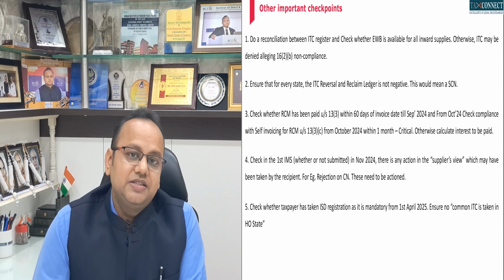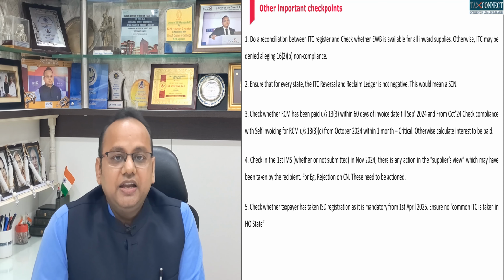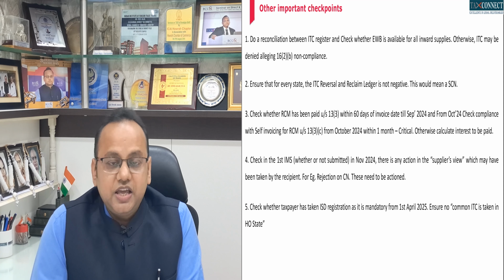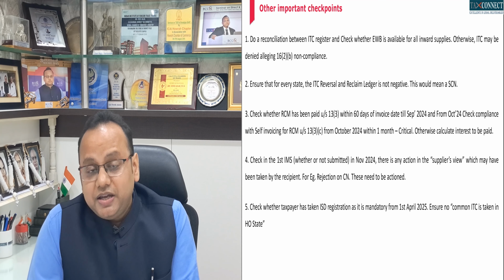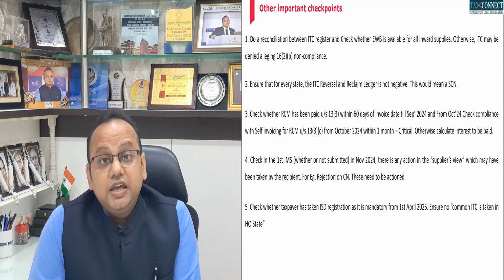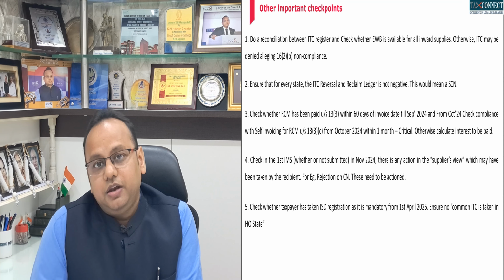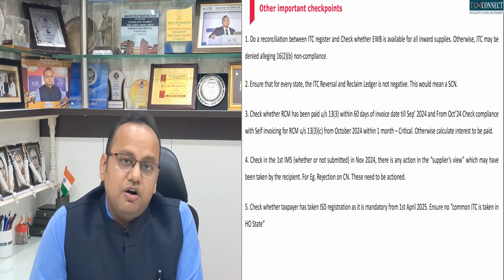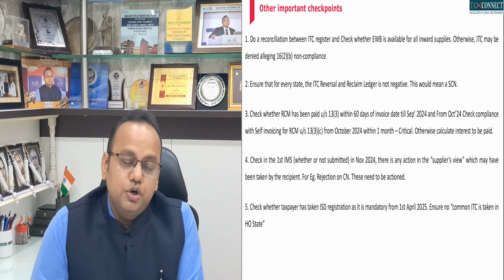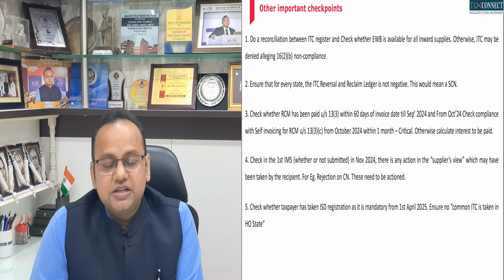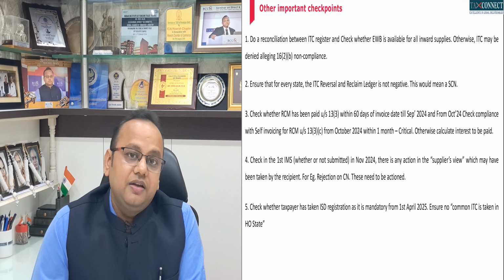A major change has happened from 1st November 2024, and as I said, while filing 9C, it would be important to see all the major changes till the date you are filing 9C. So the major change from November 24 is the time of supply for RCM invoices. So for the purpose of RCM payment for services like transporter services for unregistered transporters, directors fees, sponsorship, etc., the time of supply till